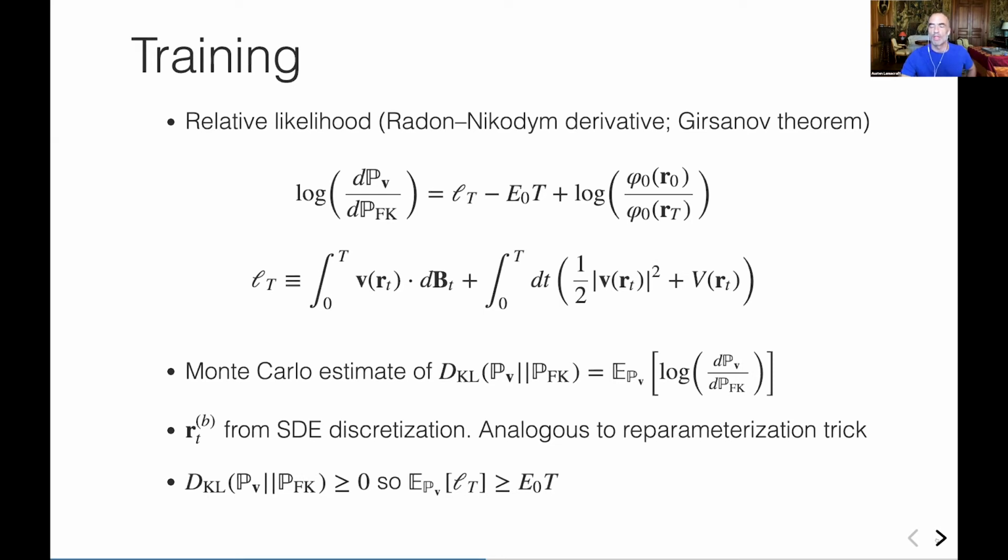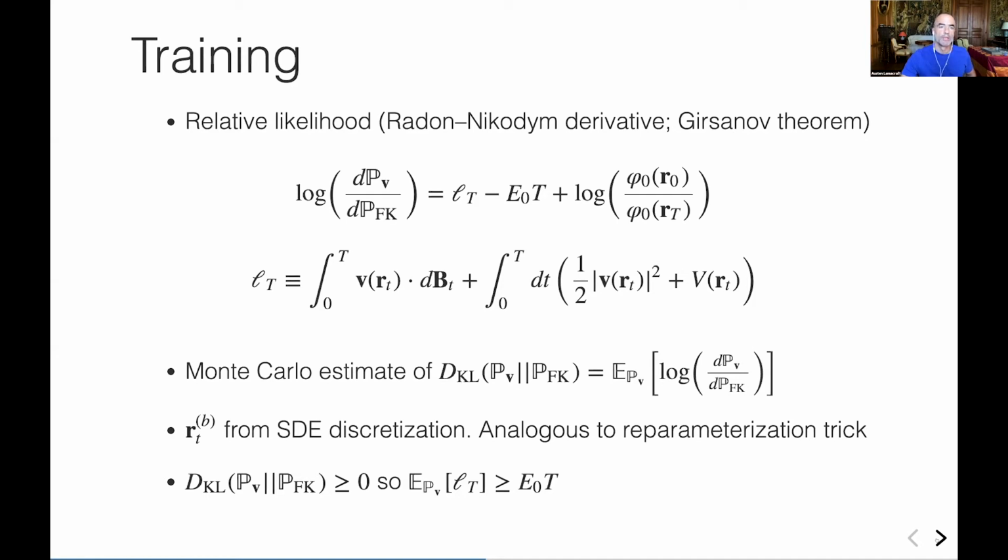Of course, we want, at the end of the day, to optimize, to do automatic differentiation through this whole thing. So we want to be able to differentiate through the expectation. But because these trajectories are just obtained from some discretization of an SDE, they'll be written in terms of normal increments. So differentiating through the expectation there is really the same as the reparameterization trick that's used, for example, in variational autoencoders or other probabilistic models.